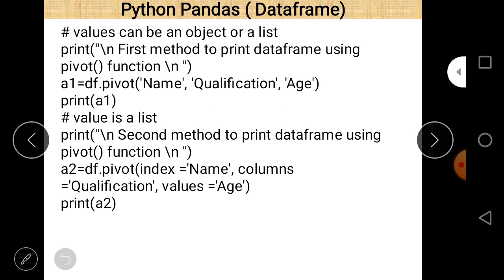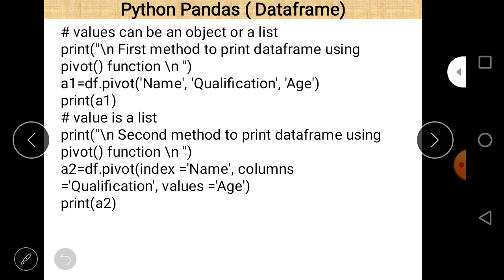Now, if the value can be an object or a list, then this is the first method to print a data frame using the pivot function. So a1 is equal to df.pivot, name, qualification and age. So name will play the role of index, qualification will become the column, and age is basically the value in the new data frame.